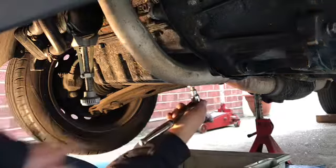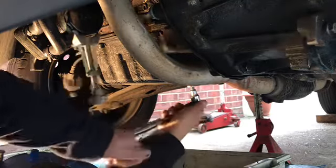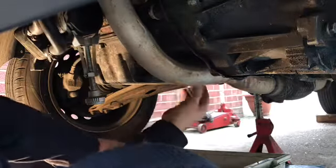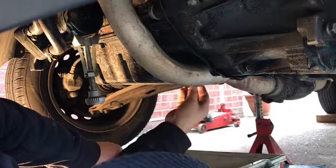Right, you want a good fit. You do not want it to be sloppy. You don't want to slip on it. Give it a good crack, just a little crack. There you go. There, she's gone. She's loose. And what we're going to do now, we're going to dump this old dirty engine oil into here,